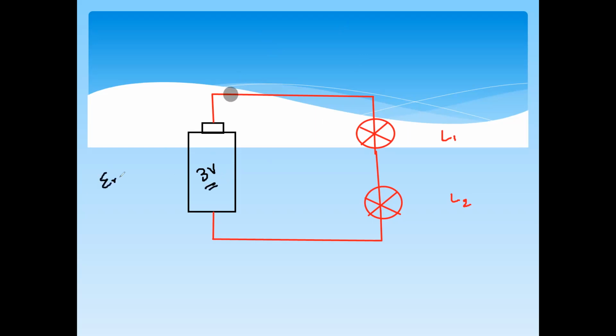So what is the EMF here? The EMF is equal to 3 volts, or we can also say 3 joules per coulomb. It means when 1 coulomb of charge is coming out, how much energy does it carry? It carries 3 joules of energy. When this charge starts to move, because the charges transfer the energy,